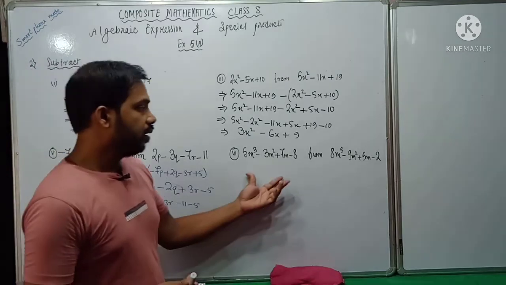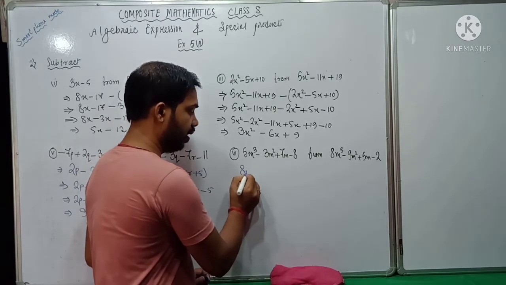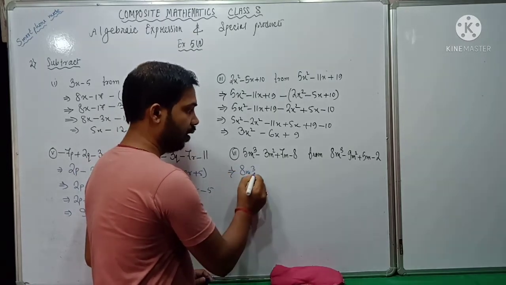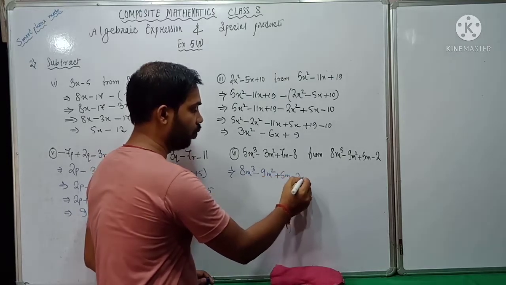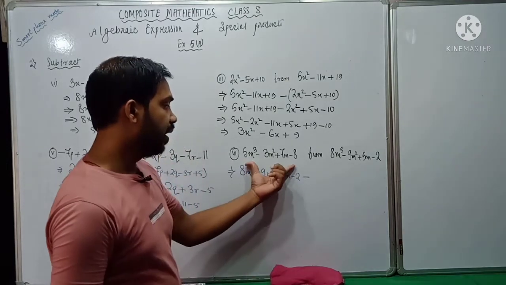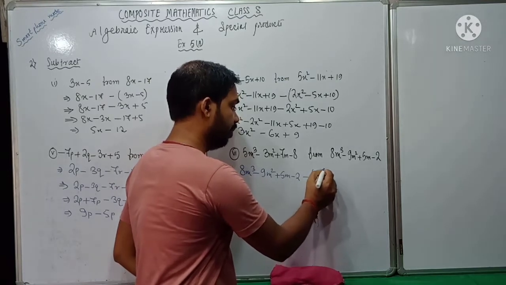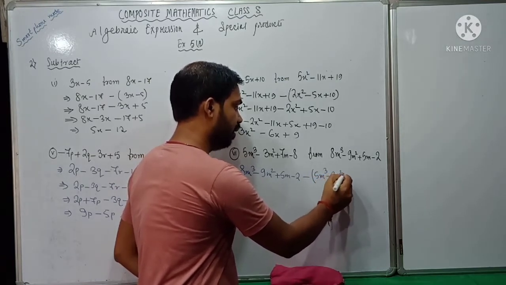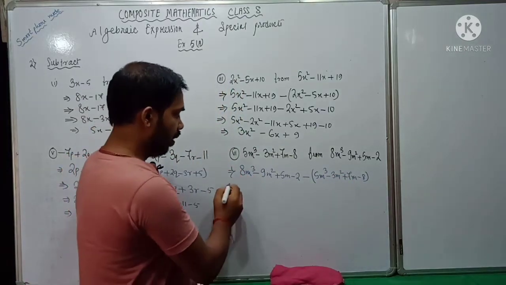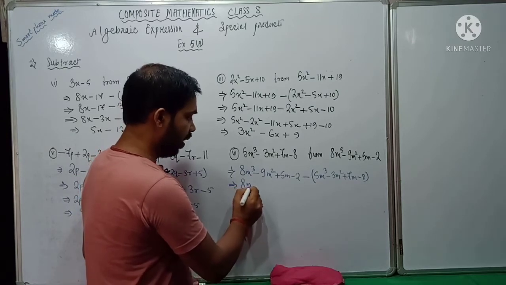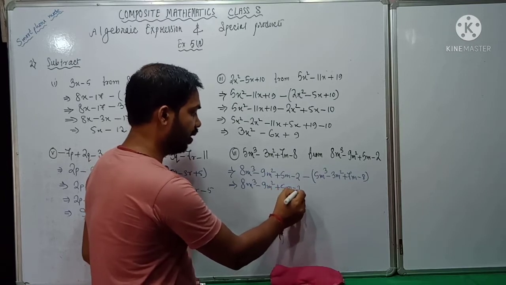Okay. Next you see this part given, so you know very well that we will write first this one. So it is 8m cube minus 9m square plus 5m minus 2. Then I will put minus sign, and before writing I will put what? Bracket, you know very well. So it is 5m cube minus 3m square plus 7m minus 8. So it is 8m cube minus 9m square plus 5m minus 2 minus.